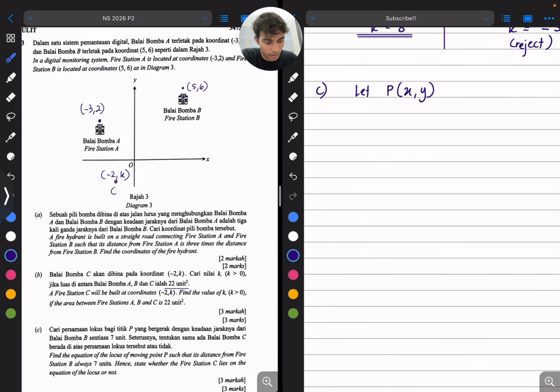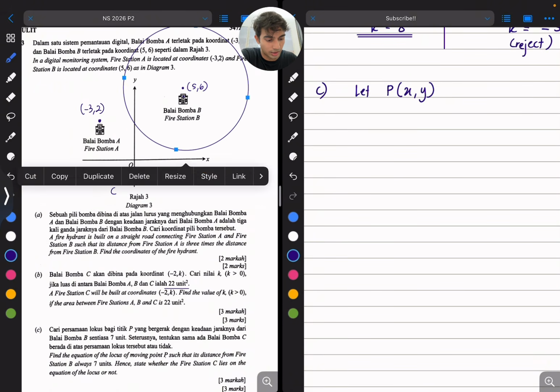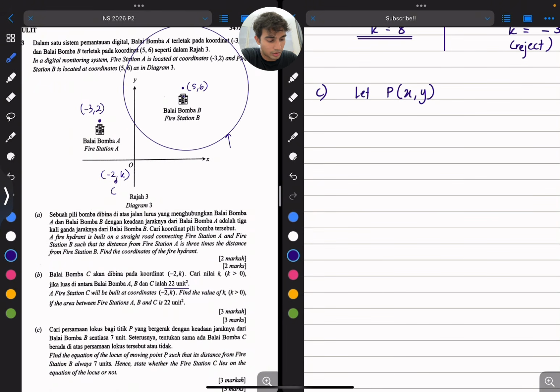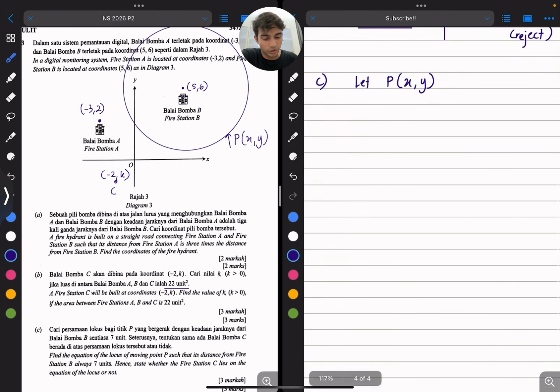How do I draw a dotted line? Okay, let's say it's this one. So this is P, (x, y), a moving coordinate P, moving in that circle. The distance from this to this is 7. So we can say